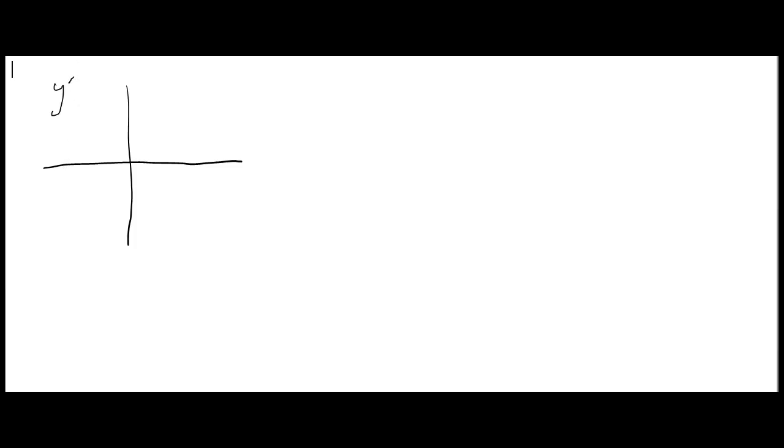Or better yet, I'm going to draw y equals f prime of x. That's what we're going to show here. So here we go. I'm just going to make a little simple graph. There's that. We'll put some tick marks on here. 1, 2,